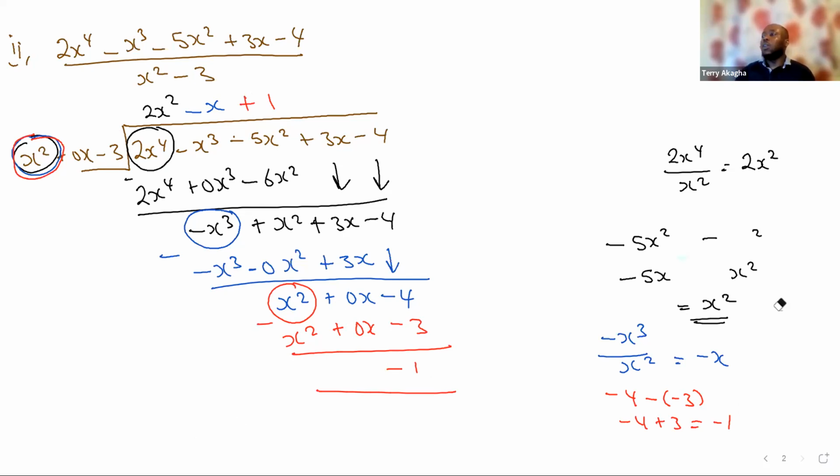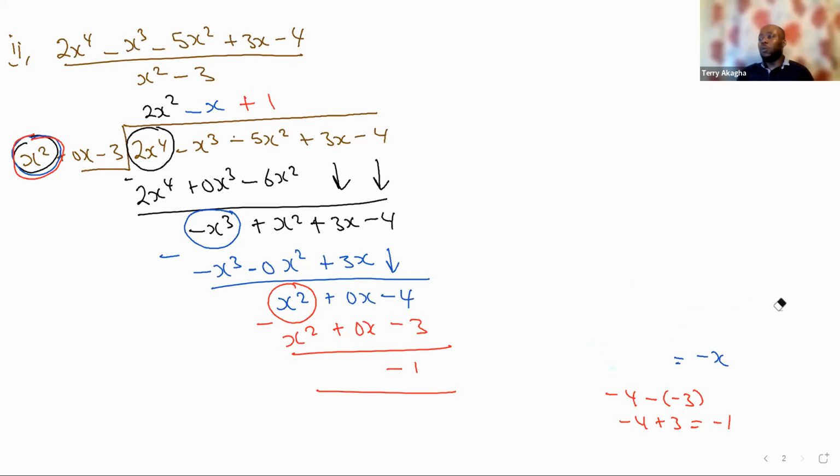So, like I told you the last time, we then have to write it in the form of quotient, remainder divided by the denominator, okay? It is very important to write it because when we start talking about partial fractions, it's going to come very, very handy. So when you have to, you first reduce this by long division, then we'll work with partial fractions. So we're going to talk about partial fractions in the remainder of the video, so please you have to have a look at it. So the answer is going to be 2x squared minus x plus 1